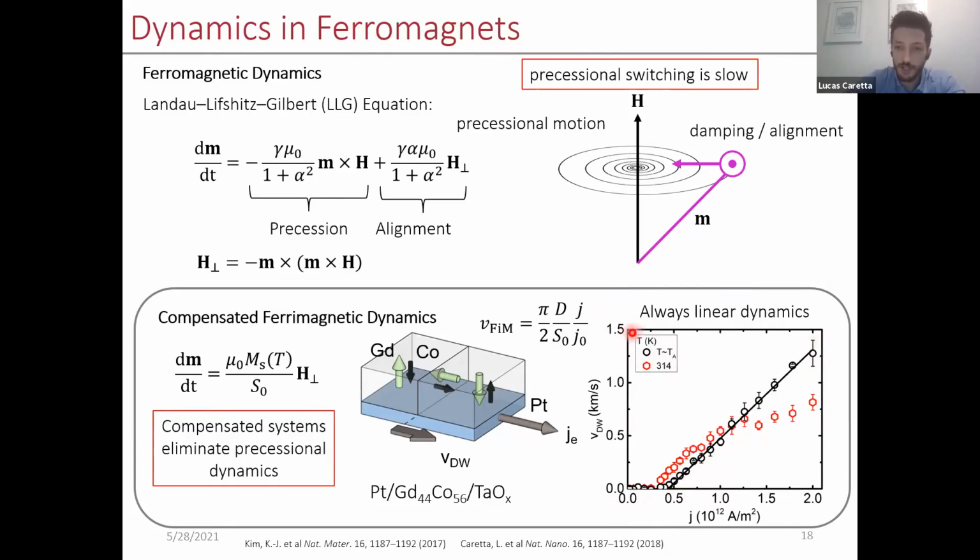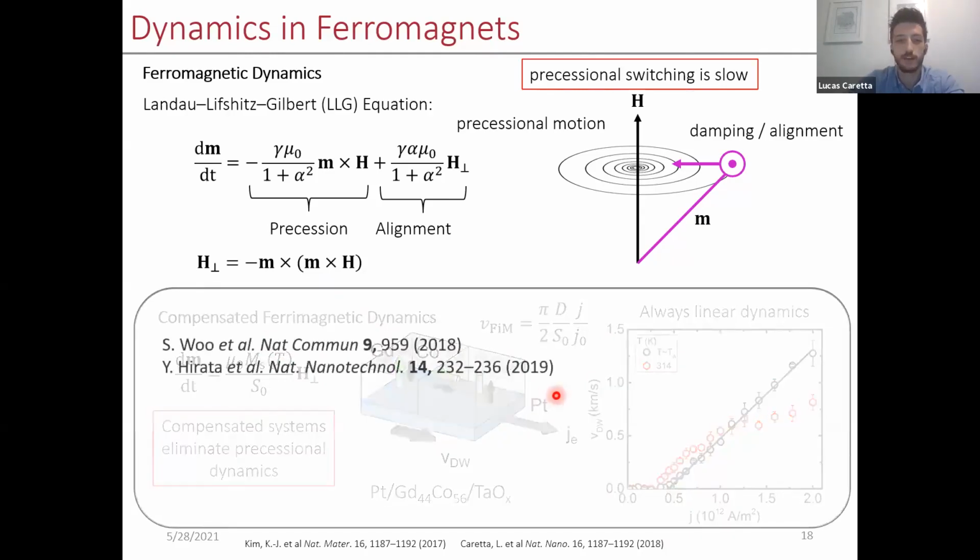In fact, you can engineer the angular momentum in these systems either with composition or temperature. And if you do that such that you introduce angular momentum back into the system, you see that the material behaves more like a ferromagnet. So this is great. We can use these types of new systems to overcome some of these fundamental limitations that ferromagnets give us. And here are just a couple other examples of published works which show how you can use ferrimagnets, compensated systems, to overcome some of these other precessional dynamic issues, such as the skyrmion Hall angle.